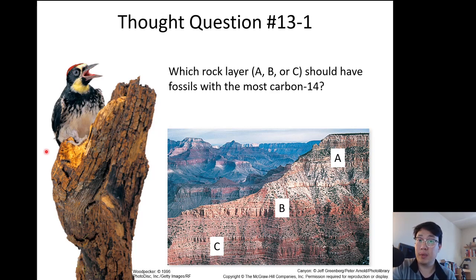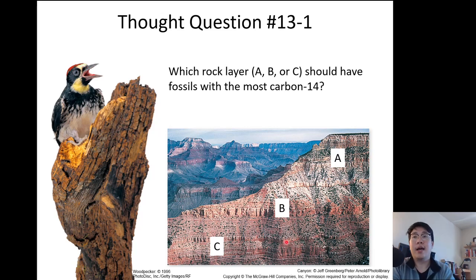Okay. I'm assuming that you paused it. Go back. Come on. All right. I trust you. What's the answer? If you guys said C, I'm sorry, that is the wrong answer. Because if the question was asking which rock layer is the oldest, C would be the correct answer. The reason why is because it's deeper in the layers. A is where the surface is, and C is the lowest layer, so it's known to be the oldest out of A, B, and C.